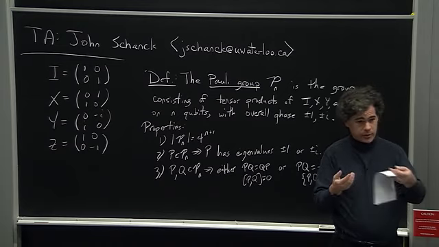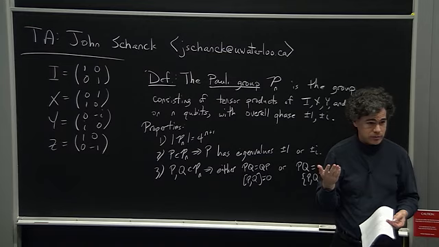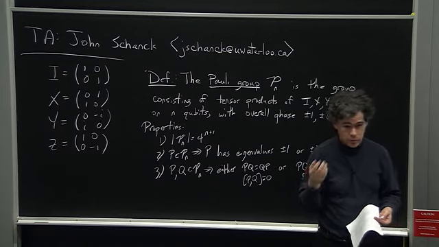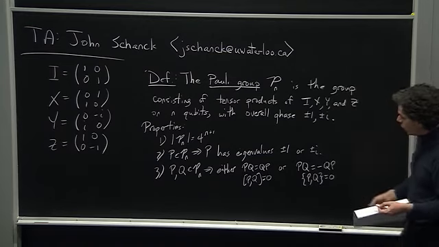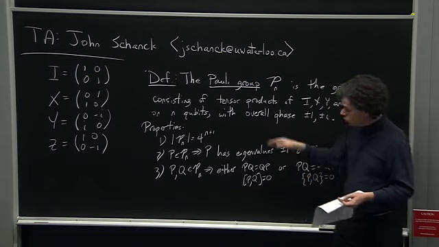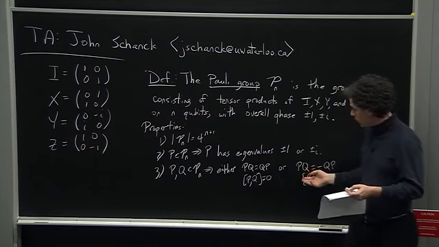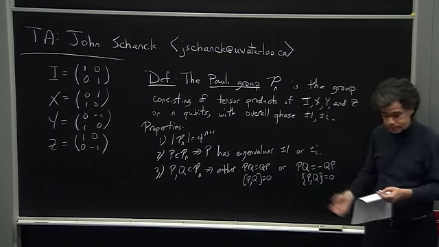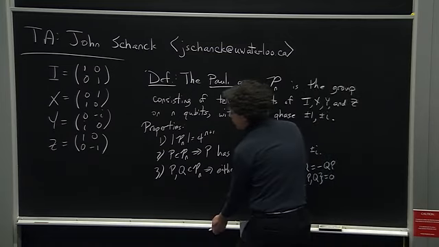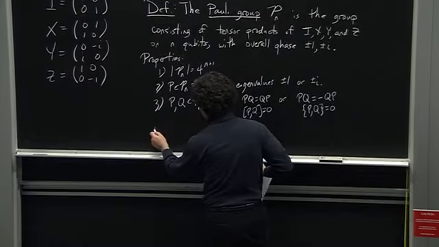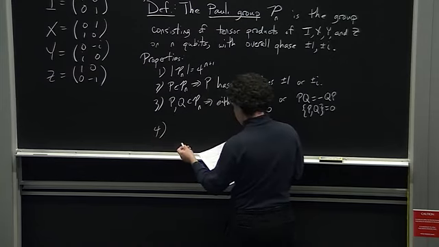But if you move two X's past two Z's, you get two minus 1s, because it's a plus 1. Okay? So once you're dealing with 2 qubits, 3 qubits, 4 qubits, you have both cases show up in interesting ways. And then finally, the last property I'll be using a lot is that